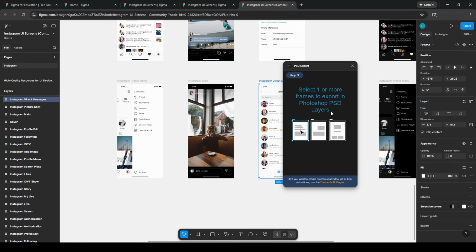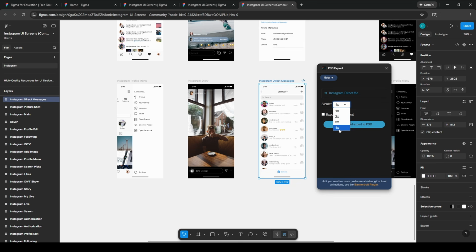Open that up, and then you can click whichever one you want. So Instagram direct messages here, and I made it to a scale of 4x, which gives us like a 1300 by 2000 some type of file. That should be good. And a very important thing is to export text as font, and that'll make it so the PSD has fonts that we can export